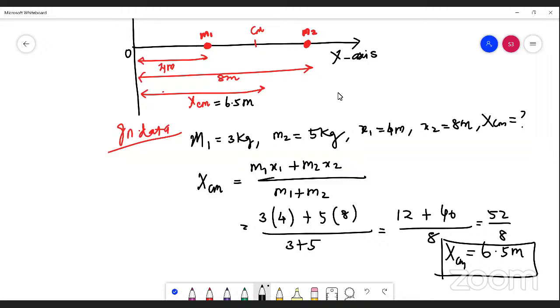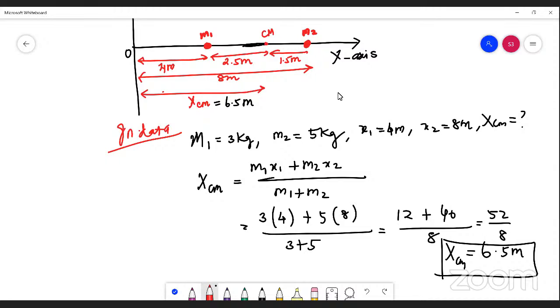If you look at the case here, I can show you in the diagram. Actually, this is the approximate position where I have drawn the center of mass. But the center of mass is at this particular position. This is the position where the center of mass is present. And from the result, I can say this is 2.5 meter from the mass M1 and 1.5 meter from the mass M2. And this result itself gives you the idea that the center of mass is located very close to the heavier